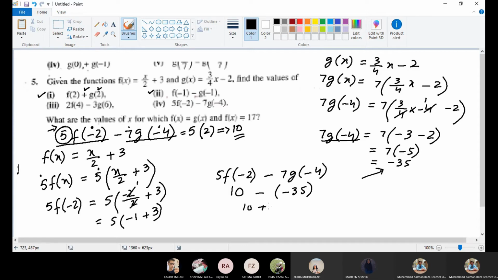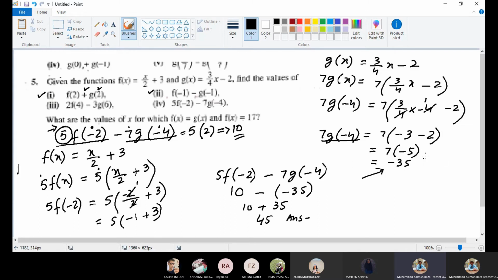So 10 plus 35, and the final answer is 45. This is how we solve the question. So when you are solving the question, don't be lenient about anything. Just see how we can solve it step by step, and ultimately we get our answer